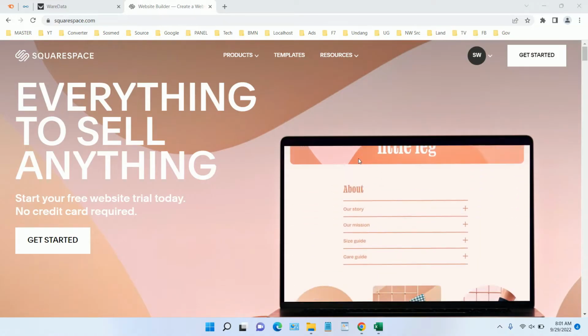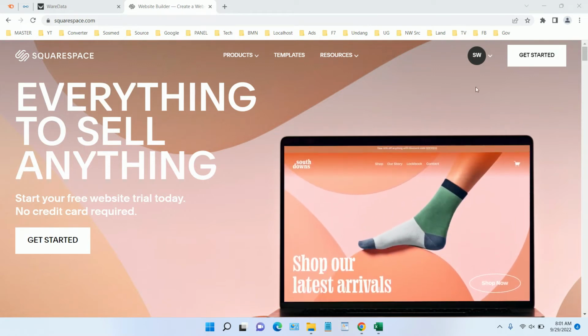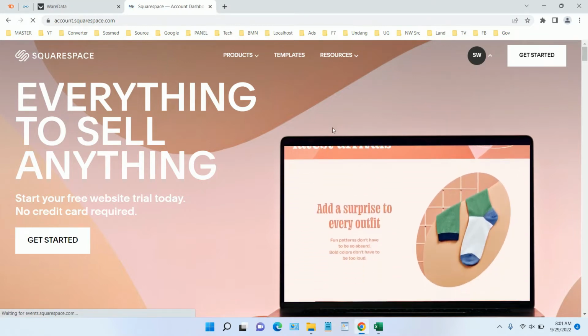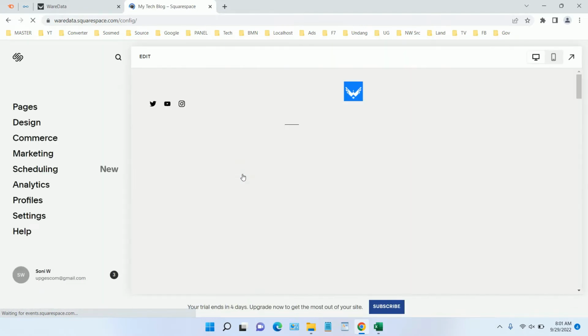In this video, we will show you how to change pictures on Squarespace website. To change your pictures on Squarespace website, you need to go to your dashboard and go to your website. The pictures on Squarespace website